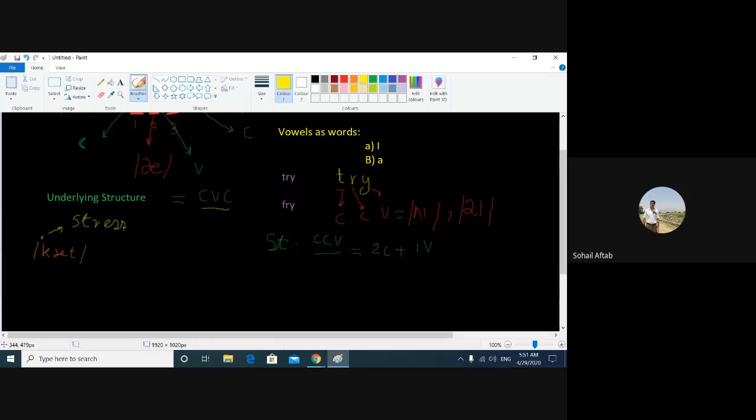This is stress. And stress is how prominently you say it. For example, cat. Now the first sound, or first phoneme, is pronounced slightly louder. That will be stressed, there will be a kind of loudness here. Cat. And in the same way as I have written the transcription of cat, you will write down the transcription